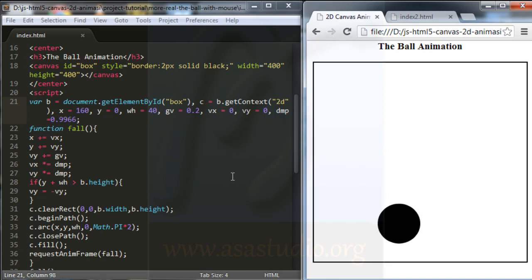The ball has a reaction to the position of my mouse. If I click, the ball reacts by following the mouse position in X and Y. Maybe in the next video I will cover the function for mouse click.